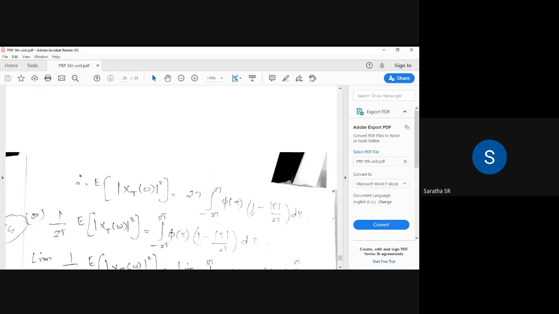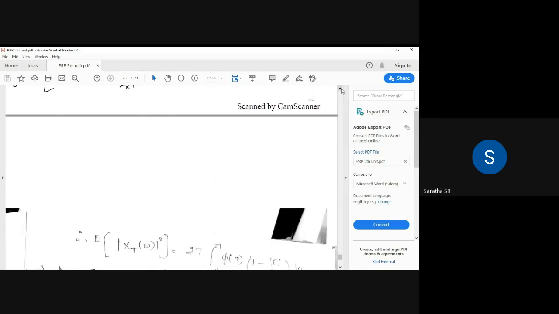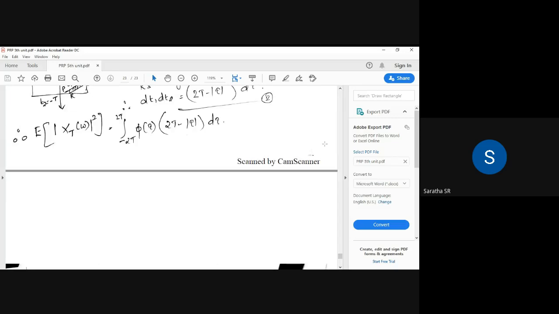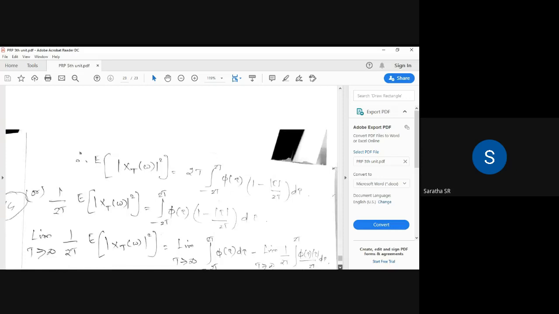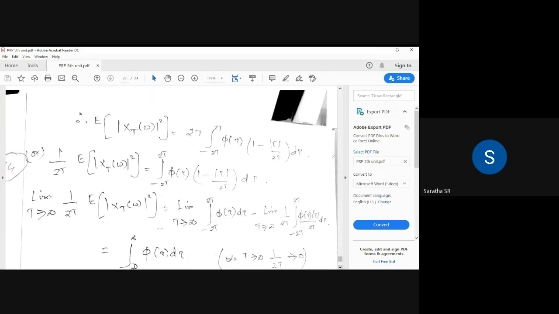Next you do the normal integration, and then we get the answer for this. Before that we remove the 2T from this. So we get 1 minus modulus tau divided by 2T, d tau. Then you apply the given theorem. You take this 2T to this side, so we get 1 by 2T and this theorem. Then the remaining is this. Then you apply the limit T tends to infinity. That is your given statement.